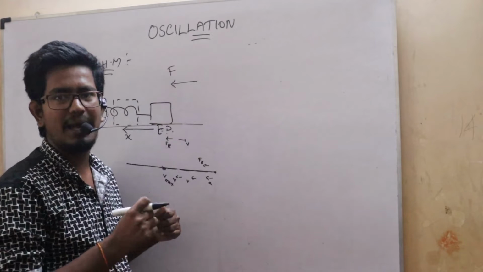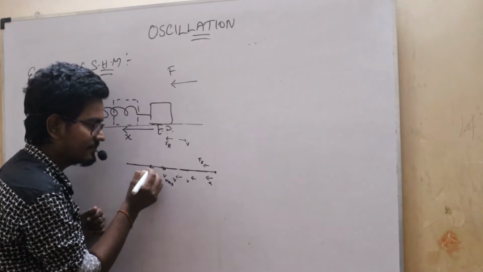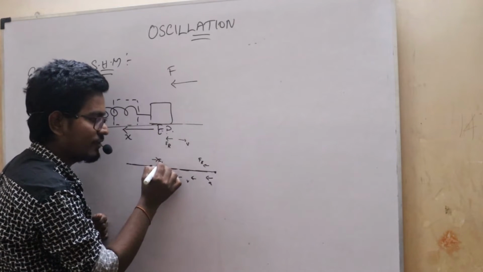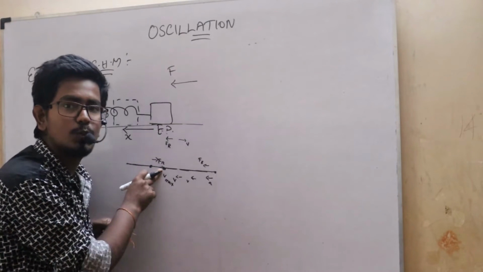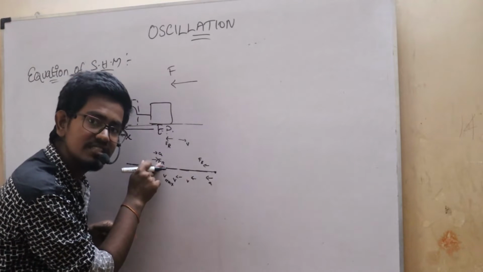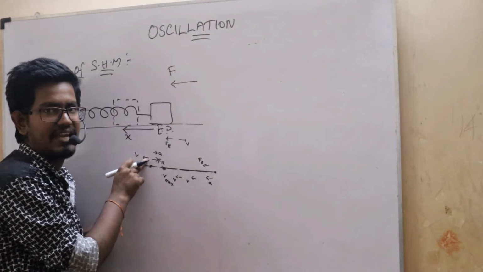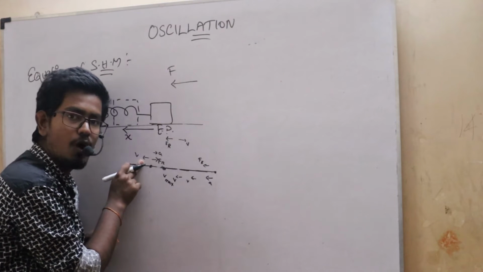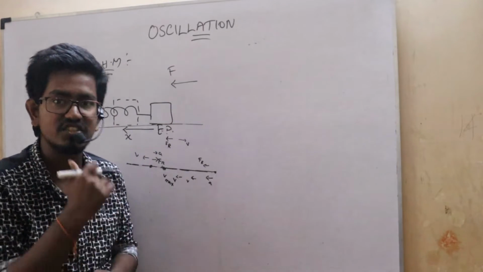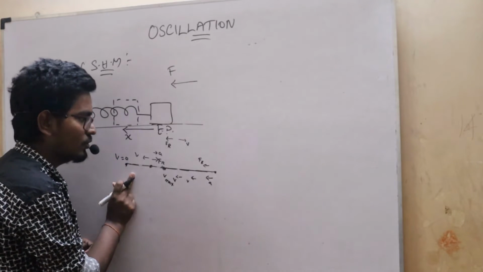Why am I saying my velocity will be maximum? Because once it is leaving this position, for example if the block is here, due to the inertia of motion, what will happen? Restoring force will be in this direction. Restoring force will always act towards the equilibrium position, always towards the mean position. My acceleration will be in this direction, but my velocity will be in this direction. So you can see acceleration and velocity are in opposite directions. That means the motion is a retarding motion, retardation is happening here. So definitely at a specific point, my velocity is going to be equal to 0.